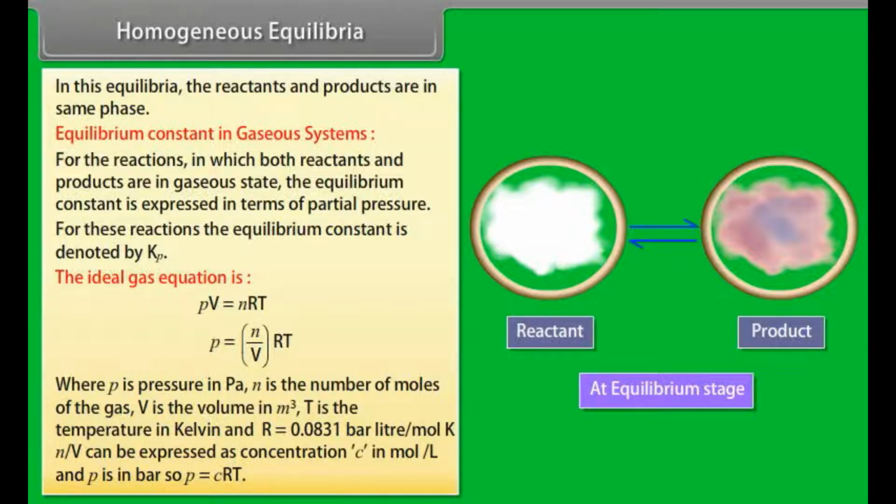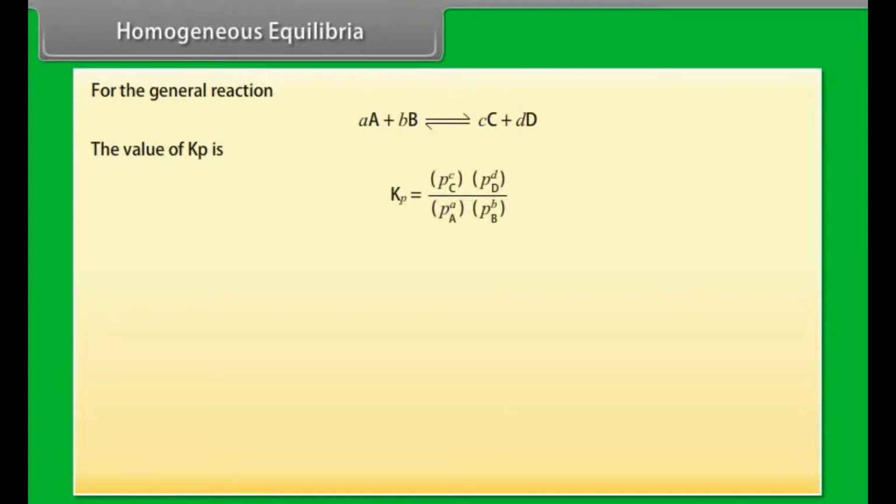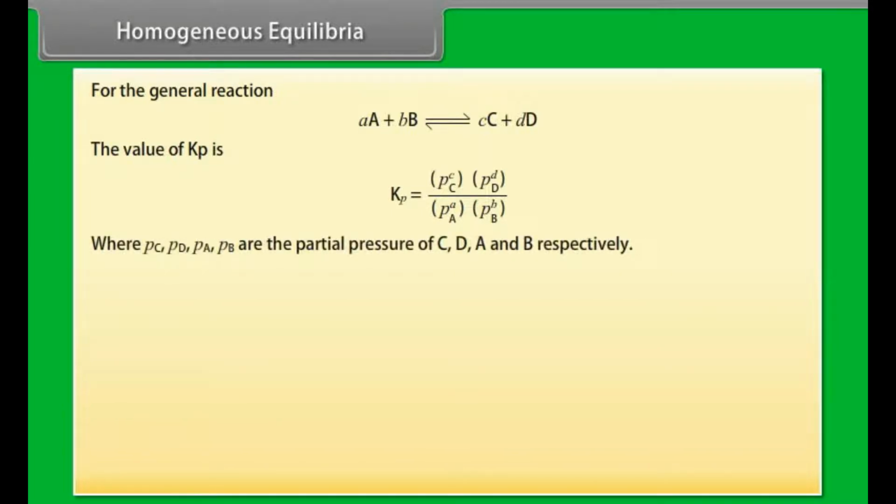n by V can be expressed as concentration C in mole per liter, and P is in bar. So, P is equal to CRT. For the general reaction, the value of Kp is, where Pc, Pd, Pa, Pb are partial pressures of C, D, A and B respectively, and it can be solved